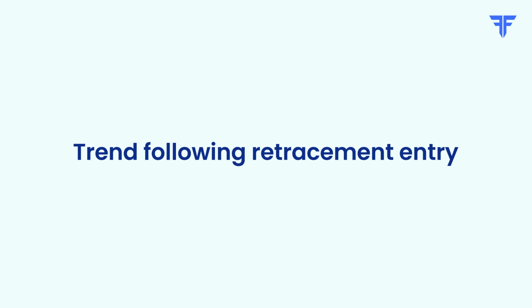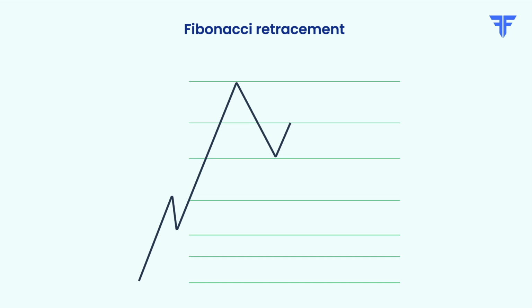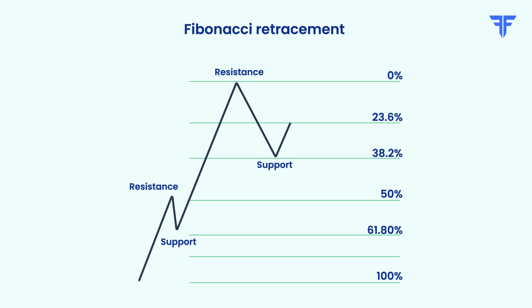Trend following retracement entry. Fibonacci retracement is one of the most used price tools by chartists. It is used to find areas of support after a rally in price or to find areas of resistance after a decline in price. The most commonly used Fibonacci retracement ratios are 23.6%, 38.2%, 50%, 61.80%, and